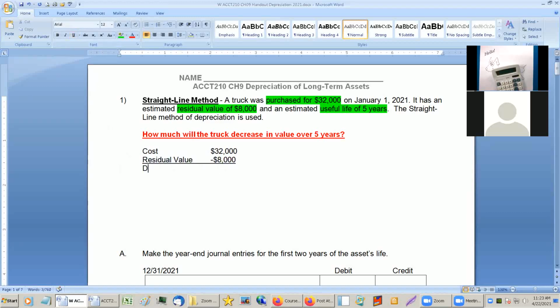So this is what we call the depreciable amount, which is a fancy way of just saying how much will it go down in value. And I think we're going to move everything over. So it's 24,000. So it's going to decrease in value. It's going to go from 32,000 down to 8. So the depreciable amount, which is just this,